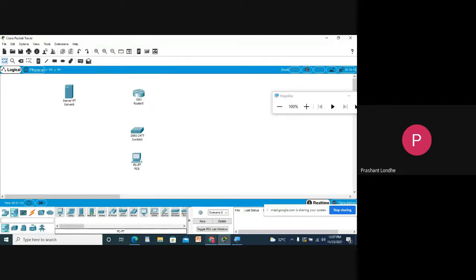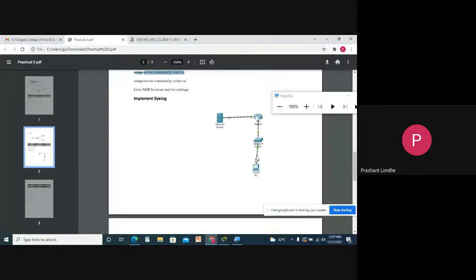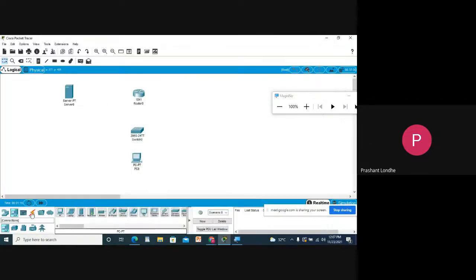Now let me connect those with the dotted crossover line, a copper crossover. Fast Ethernet 0/0 will be connected to fast Ethernet 0/0.